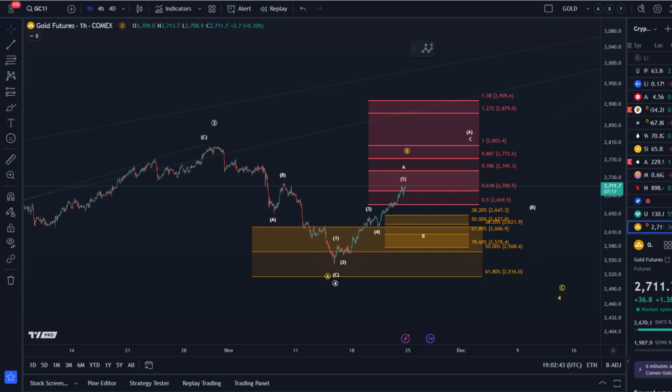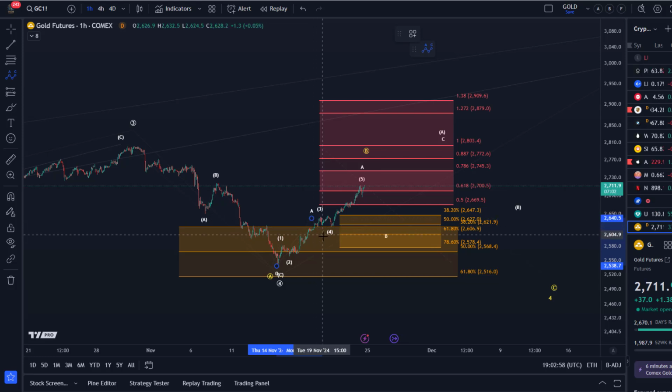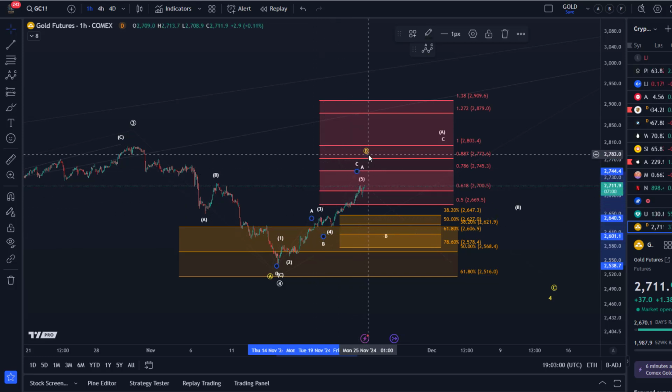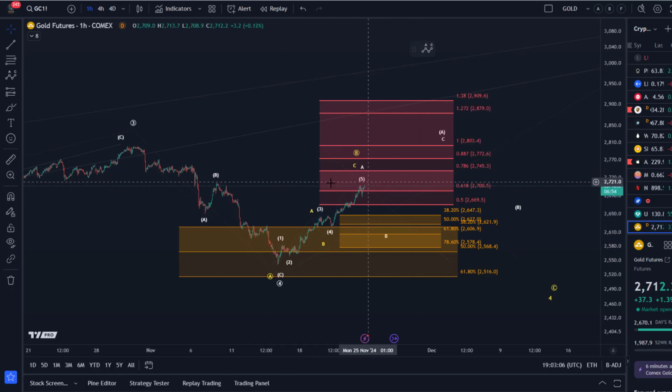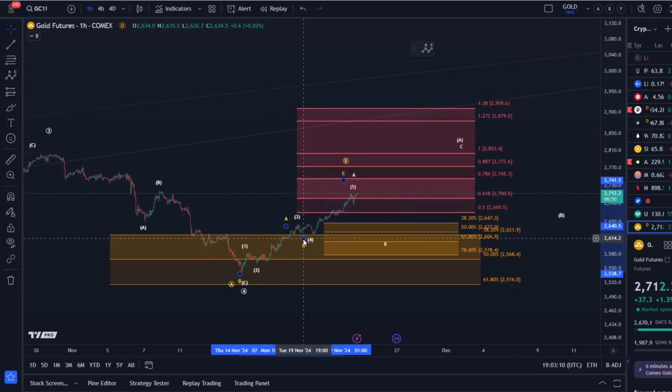Structure to the upside, talked about in the last video, looks a little bit like a 5-wave move up. Problematic is now that this 5th wave is extending. So that again gives it this kind of ABC look, which means it's not clearly bullish. It looks bullish because it's an uptrend, but it just means it could also easily be a